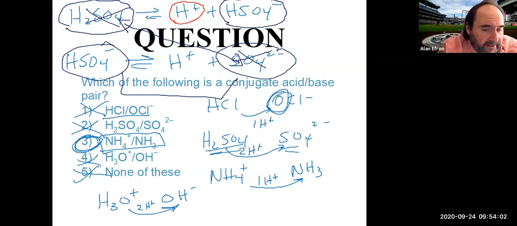And they're sort of opposites in terms of their relationship. So if you have the acid on the reactant side, its partner on the product side is the conjugate base. And again, the difference between those two is that the acid donates its H plus, so it will have one less H plus on the product side. While if you have